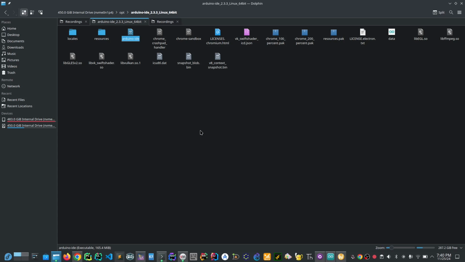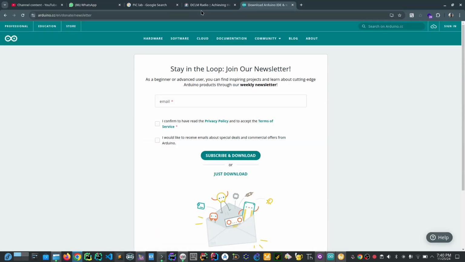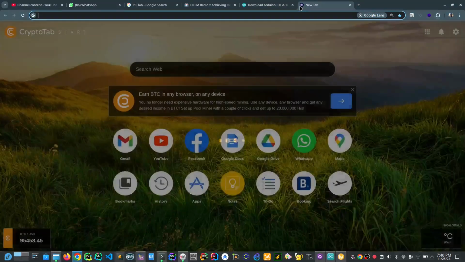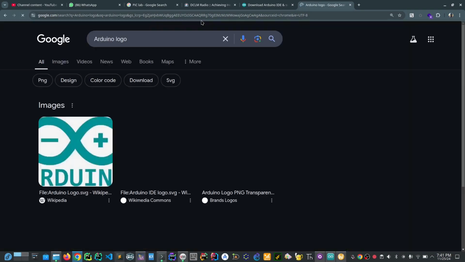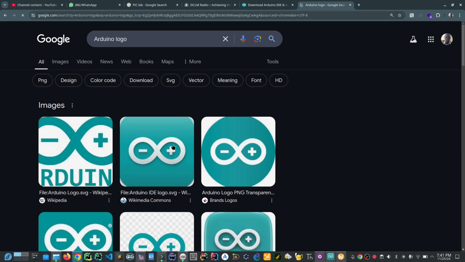Therefore, after copying this folder this way, you want to create an icon for it. I just go to Google and search for Arduino logo, and you copy the Arduino logo. Just copy any of the images, be it PNG format or JPG, JPEG format. Then therefore,